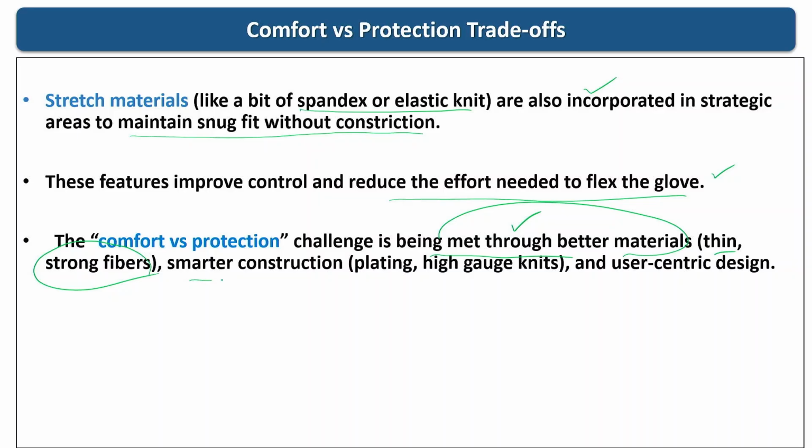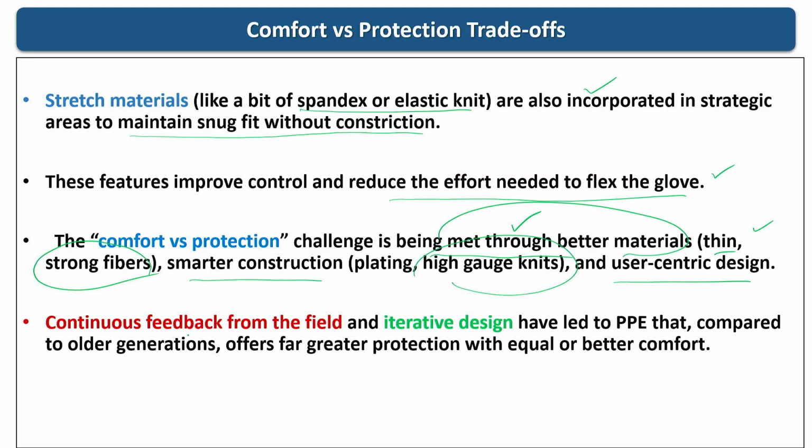With smarter construction we can use plating, high gauge knit, different types of construction, and user centric design we can incorporate, so that the comfort can be enhanced, keeping the protection level optimum,